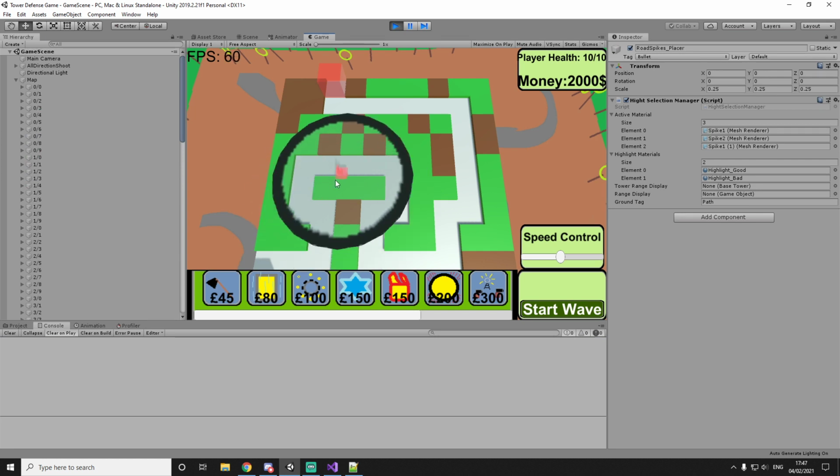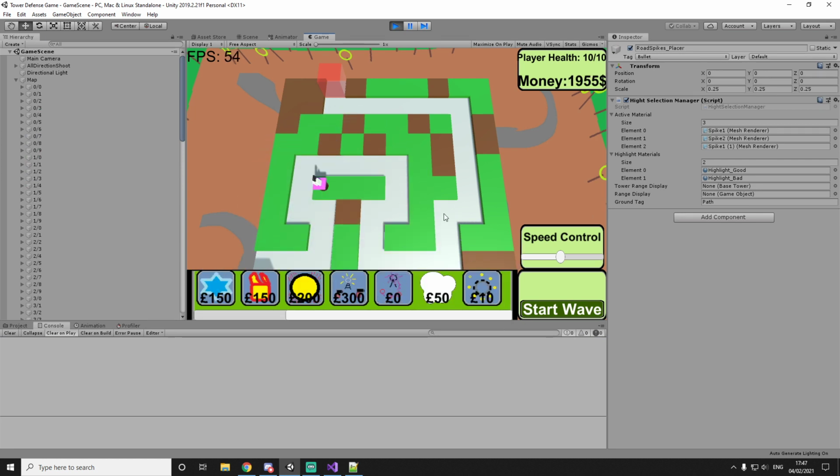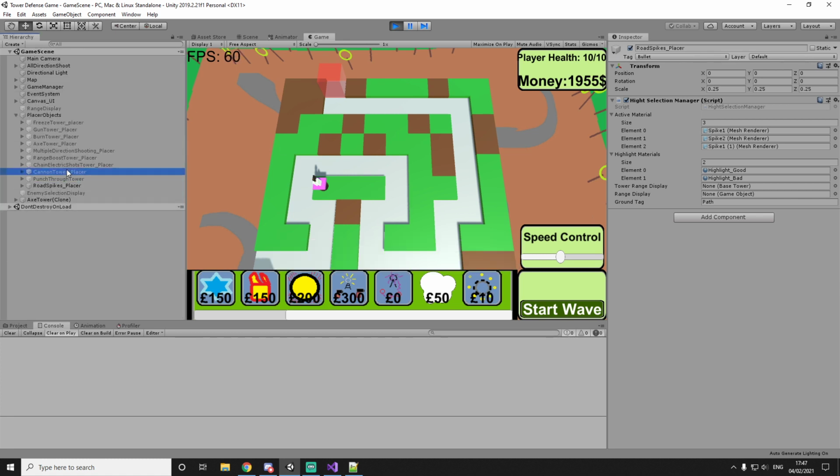With this now, if we try to play, everything should work like it did previously. So let's click. There we go. It works fine for our normal tower. And what happens if we pick our spike? Is the spike being enabled? Yes, it is, but for some reason